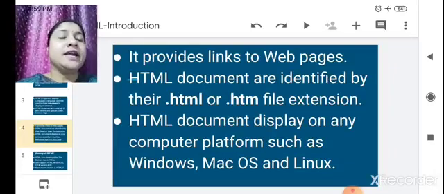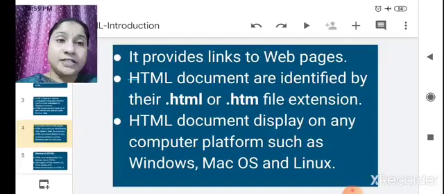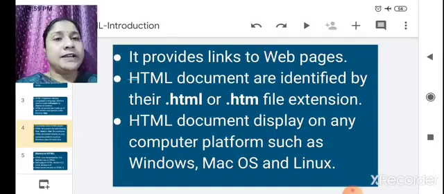HTML documents are identified by their .html or .htm file extension.